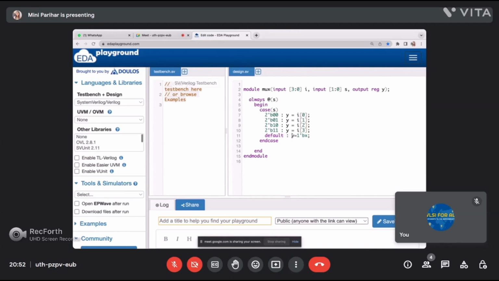Can you give two to three scenarios of how we avoid latches in coding style?